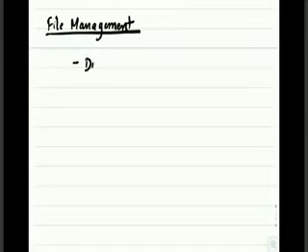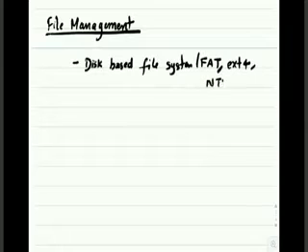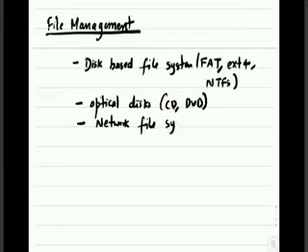In file system management, we have many types of file system, such as disk-based file systems like FAT, ext4, NTFS, etc. Next are optical disks such as CD and DVD. Other is network file system. So here in file system,